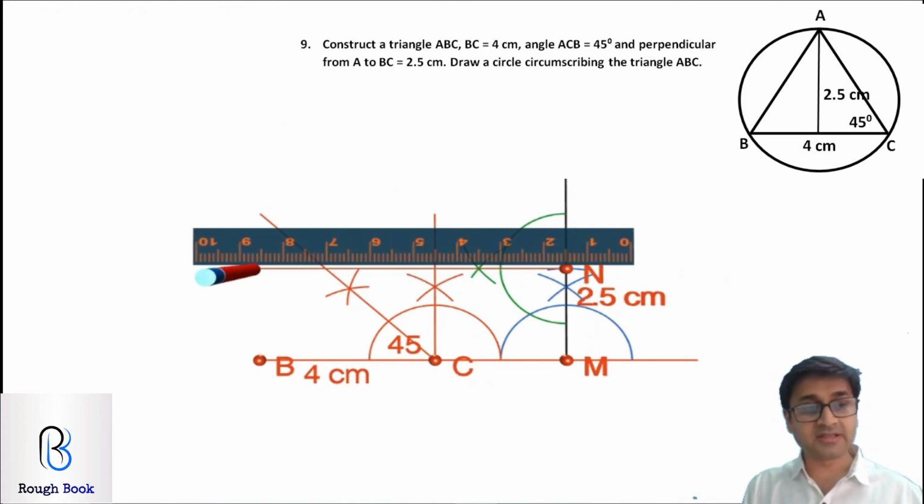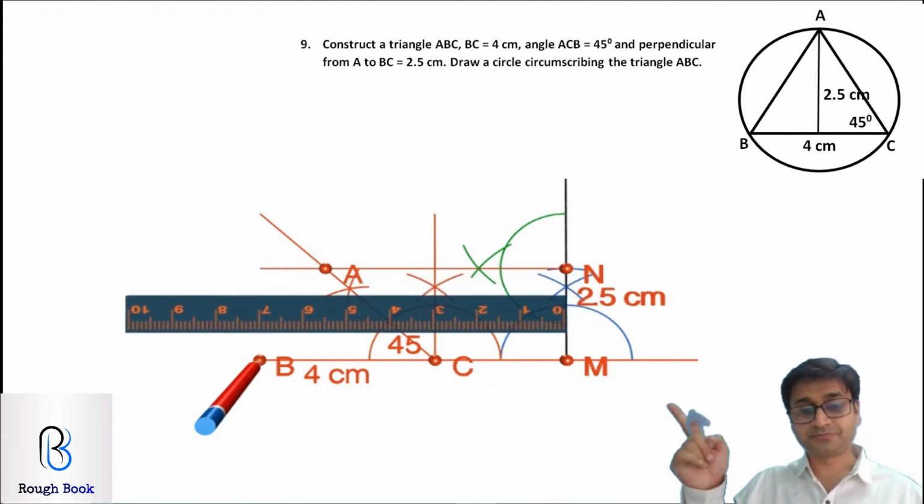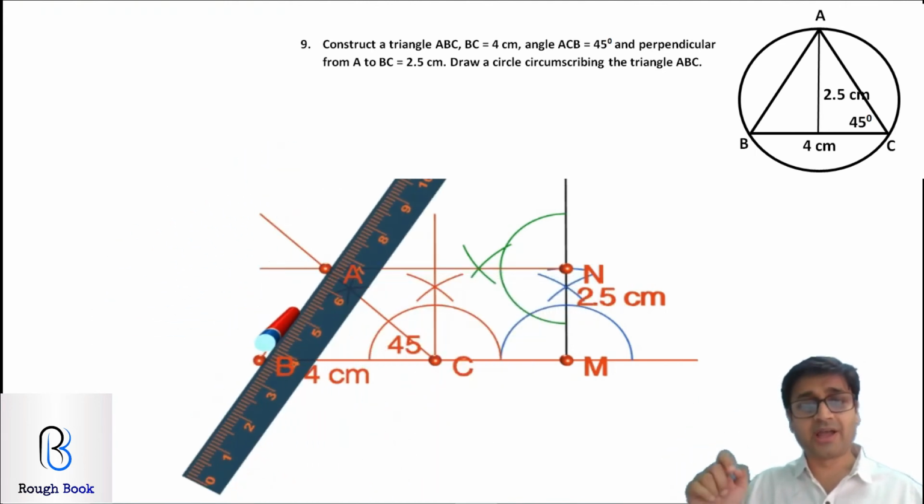So that means if you are using common sense, what will happen now? So what you can see now, this height is 2.5 and 45. So this point of intersection now becomes your point A. There you go, your point A. Can you see up over there? Join AB and your triangle is ready.